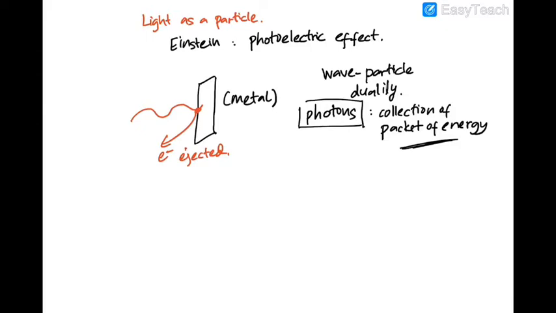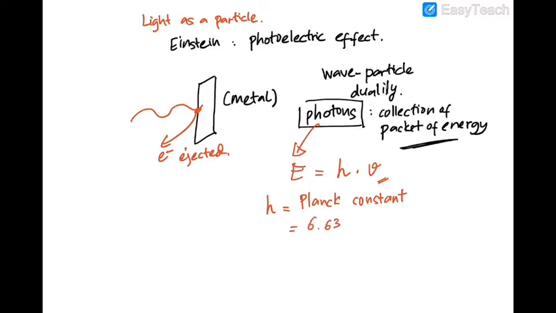From here, a photon has energy. The energy is equal to h, which is a constant, times the frequency of the wave. Here h is what we call the Planck constant, named after Max Planck, a German scientist,